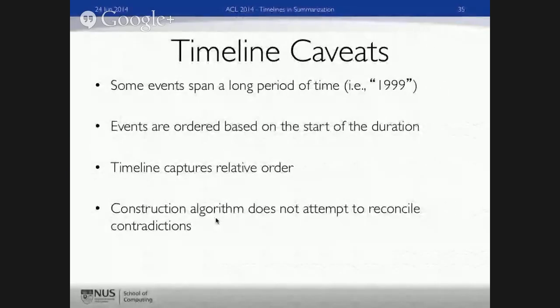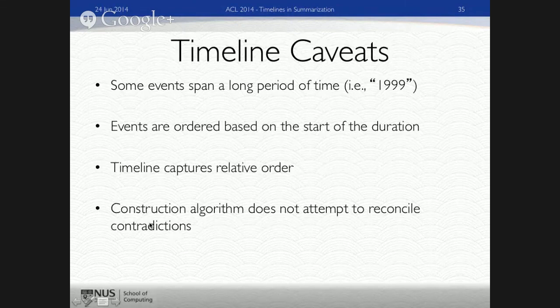So as I noted earlier, some events span a very long time. Events are just ordered based on the start of the duration, and as I said earlier, we don't try to reconcile contradictions. So we do get some things like A occurs before B, B occurs before C, and C occurs before A. Sometimes those cycles happen, and we don't try to rectify that at this point. So yes, I've managed not to answer your question again, but I hope that helps. Okay, that's